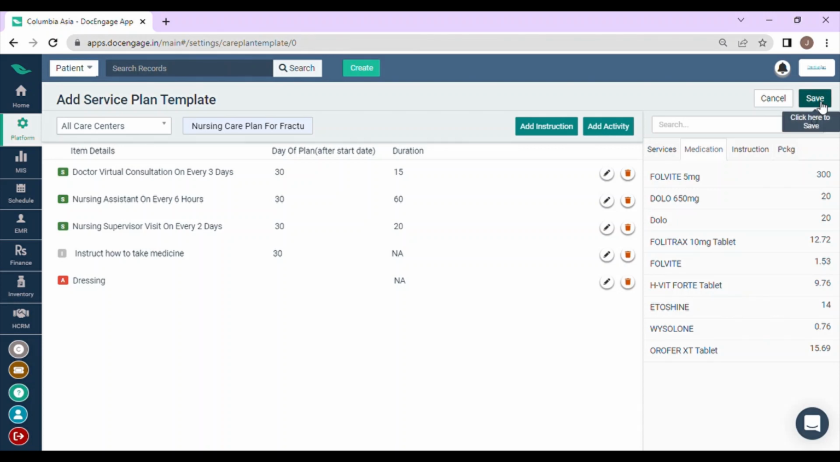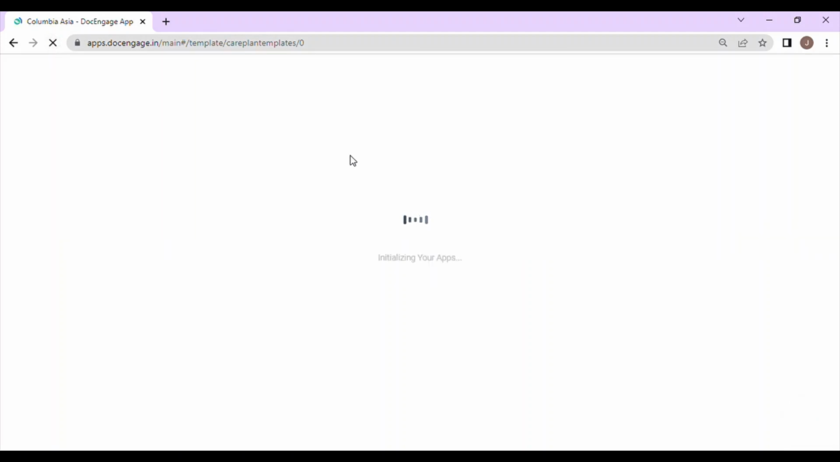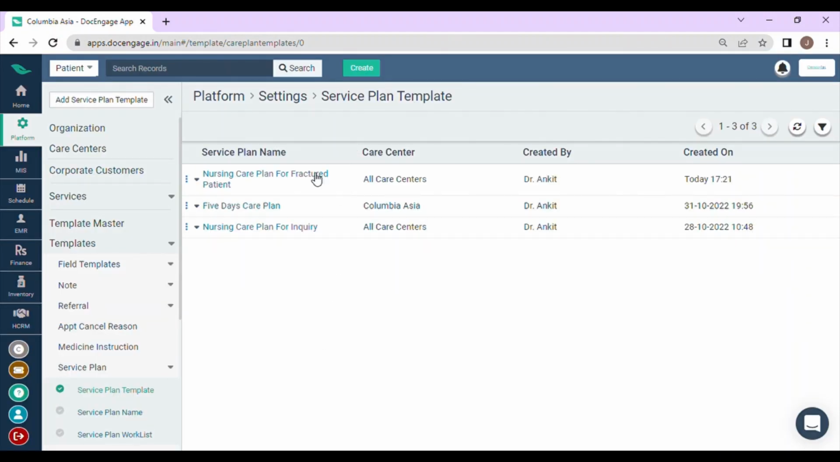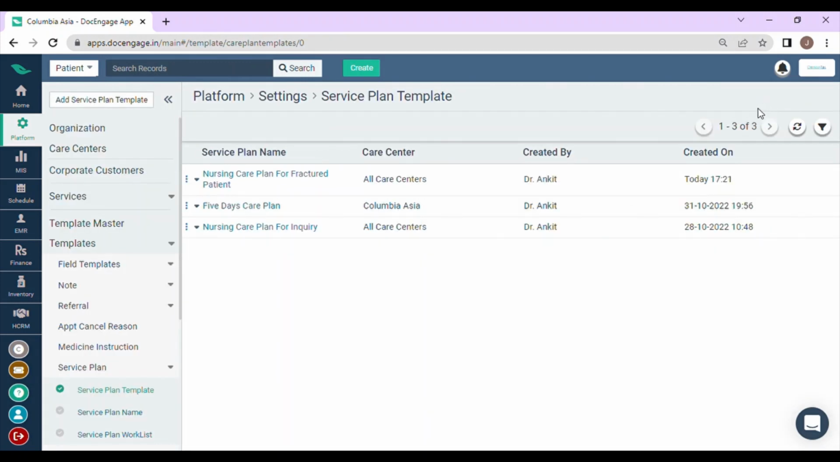So I can save. The care plan is added successfully. This is how we add the care plan, and that care plan will show here in the list page. So this is the care plan which is created. This was the care plan which I have created initially,